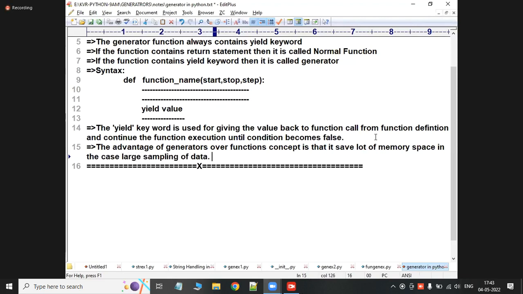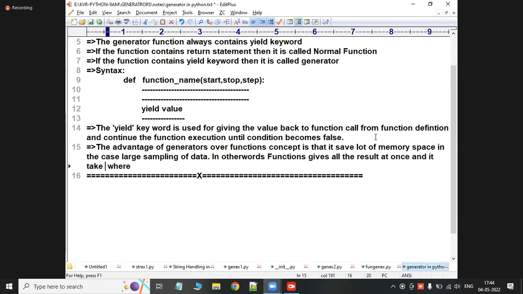In other words, functions give all the results at once, and it takes more memory space,